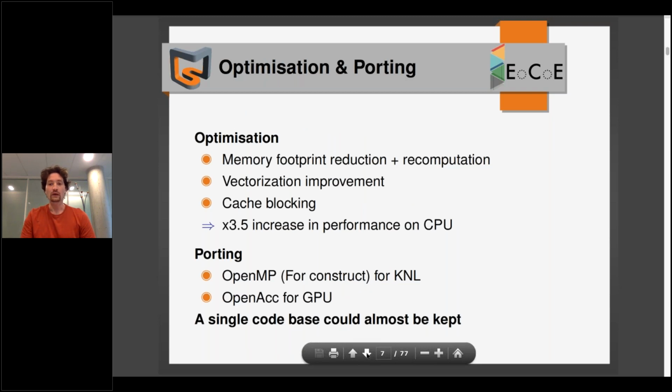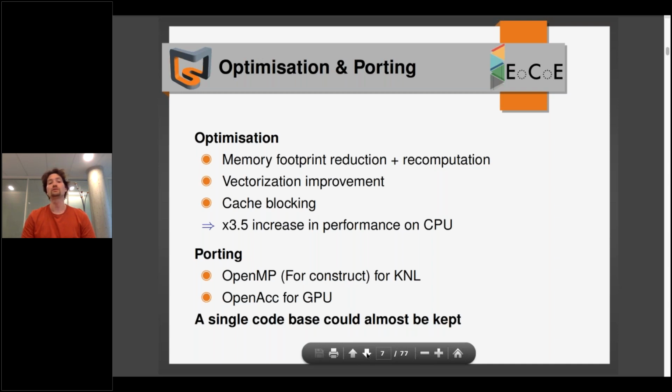I don't want to go into the detail, but shortly we've worked on the Fortran version of the code in order to reduce the memory footprint. Instead of storing some values and reusing them from the memory, we recompute these values when we need them. That reduces the memory footprint, and as computation is not that expensive on current architecture, that makes the code faster. We improved the vectorization and introduced some cache blocking techniques in order to reduce the pressure on the memory bus. Overall, we managed to get an acceleration of 3.5 on the